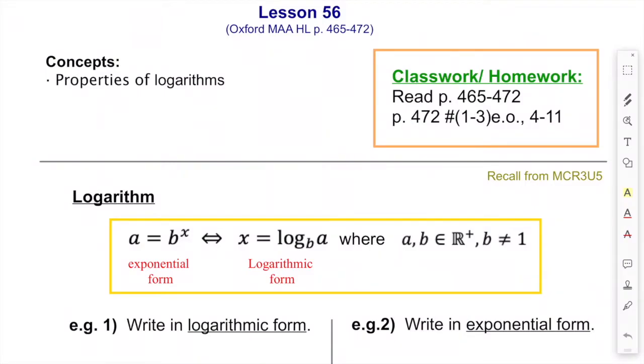Welcome to lesson 56. In this lesson, we are going to go over properties of logarithms. Some of you may remember a lot still from 2 years ago when you took grade 11 pre-IB. There was a supplementary unit on log. So if you still remember a lot of these properties, you are able to skip ahead to look at the